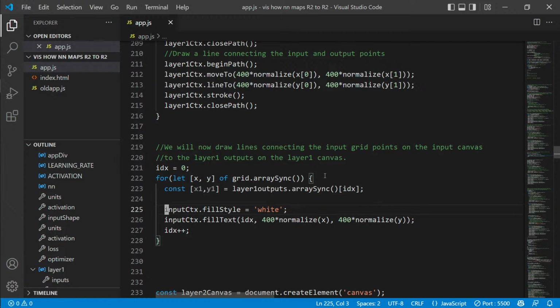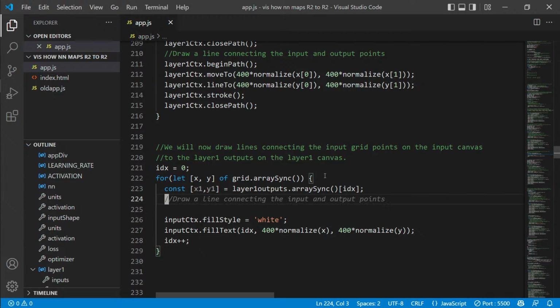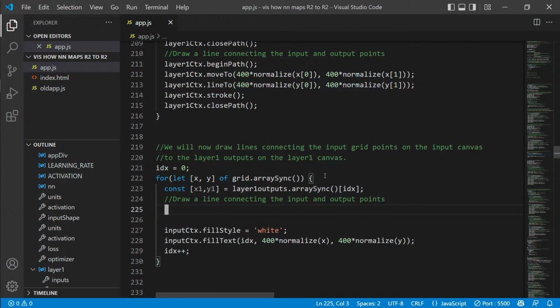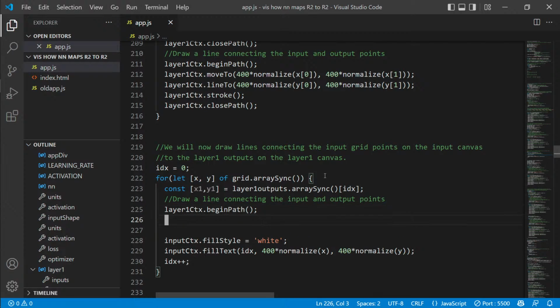Yeah, exactly. So layer 1 context, begin path, fine. Move to, yeah, now the